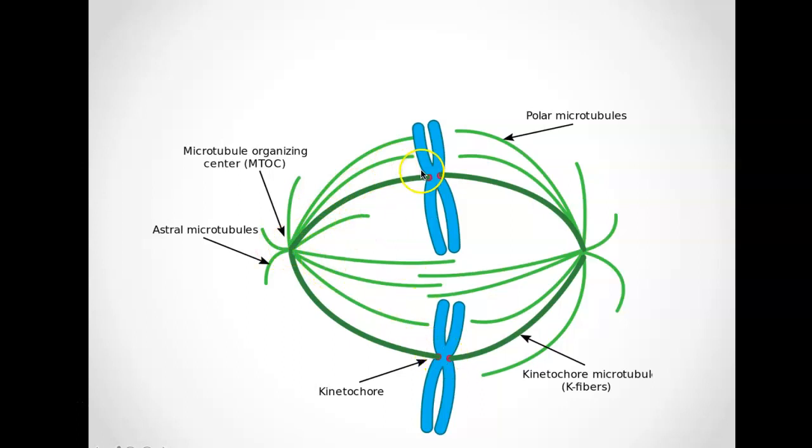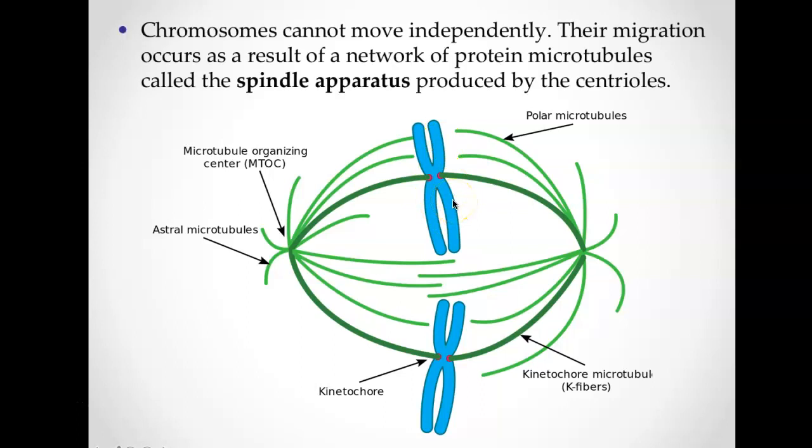They're going to connect to the chromatids, the chromosome with its copy. They can't move independently. So if you have a chromosome and its copy, you want each new cell to have each one. So you want this thing to split apart, right? You want DNA and its copy to split apart. So you have the spindle apparatus that grows out of the centriole and attaches to each chromatid, and eventually, to simplify it, it pulls these two chromatids apart.